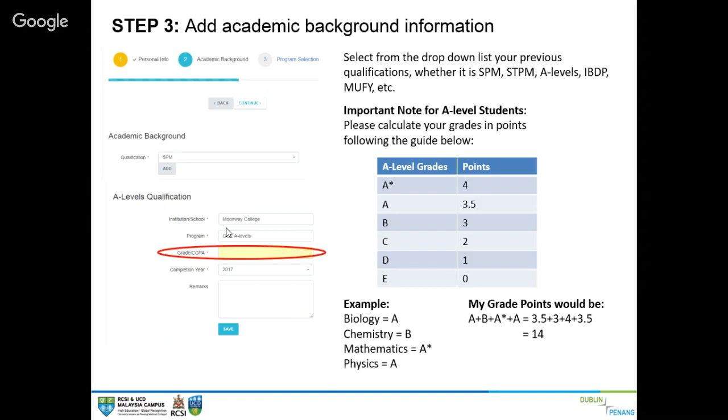So at this point, as you can see on the screen, we have prepared a column which states the A level grades and the equivalent points. The A star is equivalent to 4 and the A is equivalent to 3.5. So let's say if you have biology A, chemistry B, mathematics A star, and physics A,